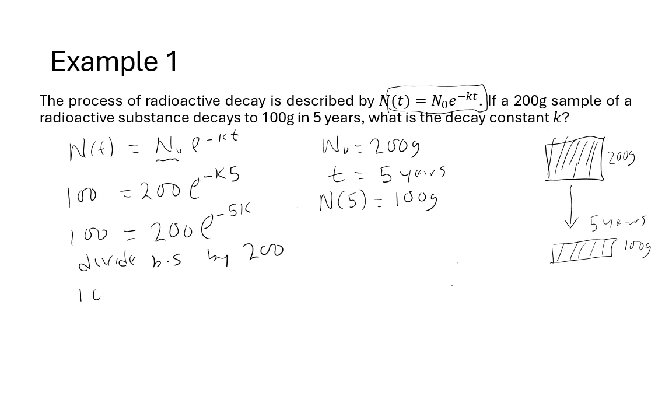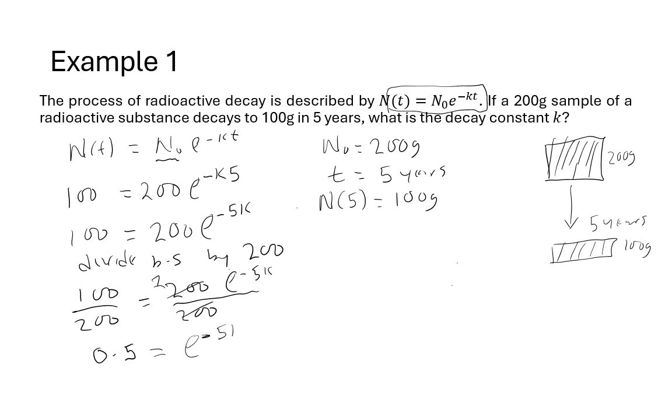So we'll have 100 on this side divided by 200, and on this side 200 exponential minus 5k divided by 200. Here 200 goes into 200 once, and if you divide 100 by 200, you will get 0.5. So we'll have 0.5 is equal to 1 times exponential minus kt, which is